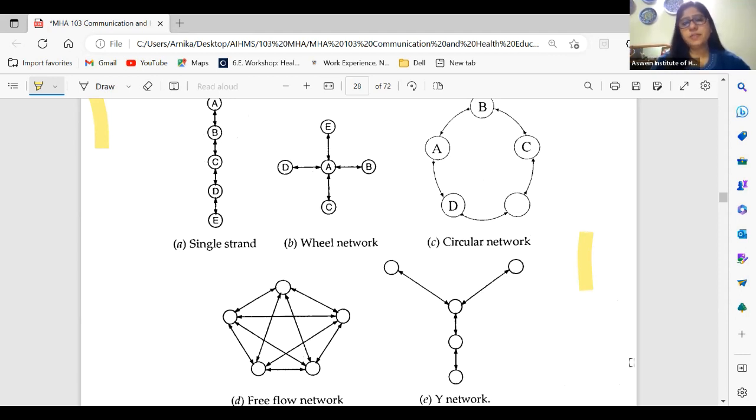Now what happens next? B is again communicating to C, and that is also two-way communication. That is also a closing loop in the communication process. Even B is getting feedback, because it is also two-way. But if we talk about A and C, they don't have any kind of communication between them.